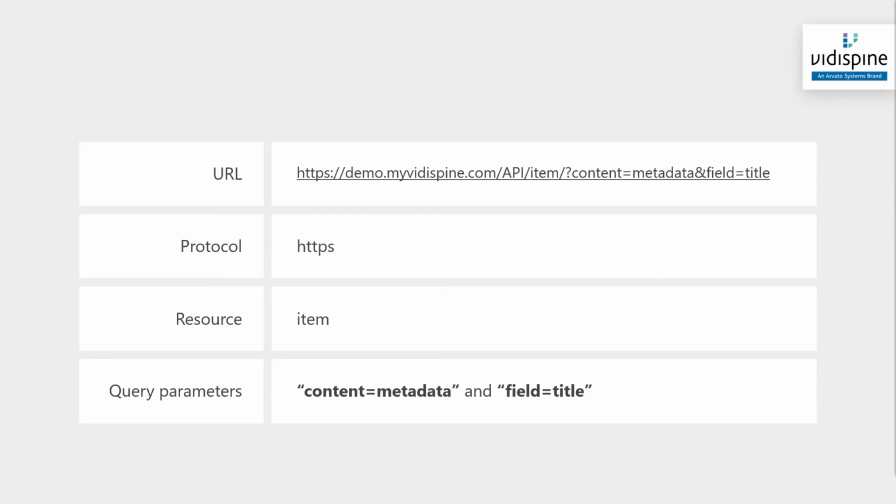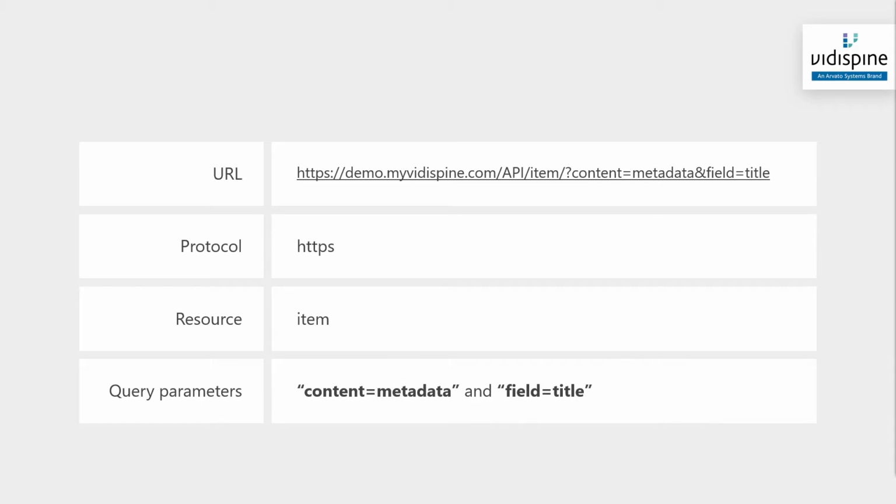Next, the path, which is known as the resource in REST. The resource could be the items or collections or a particular user. At the end of the URL, we can specify query parameters. These parameters can be used, for example, to tell the server that we only want certain data about the resource